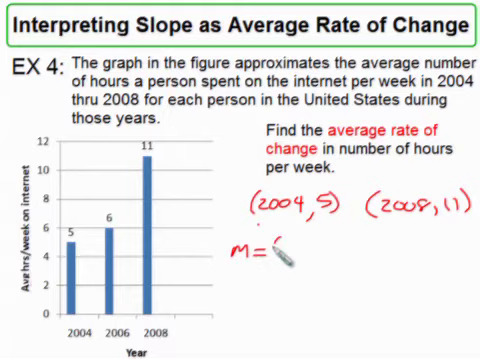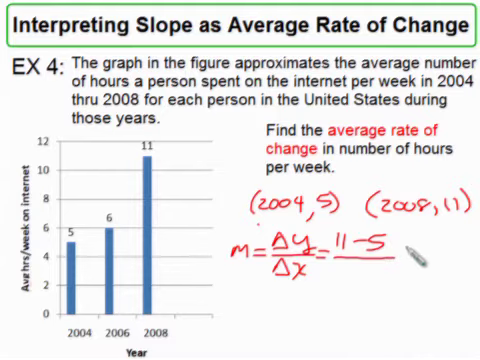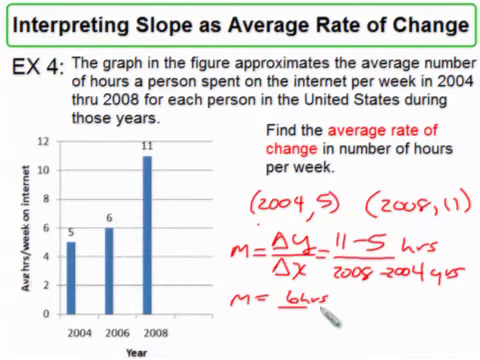So the first thing we need to do is find the change in the y values and divide it by the change in the x values. So we have 11 minus 5, and this is going to be in hours. And then we have 2008 minus 2004. This will be in years, just so you can see that when we're done, our unit will be a rate. So 11 minus 5 is 6 hours. 2008 minus 2004 is 4